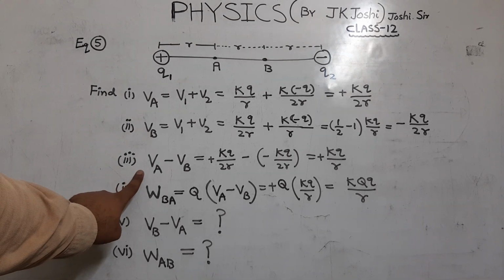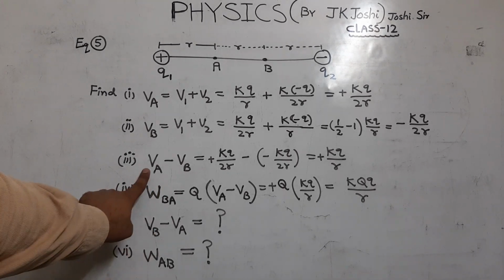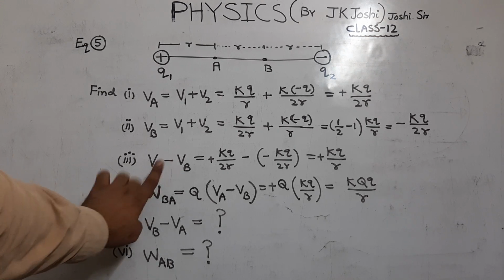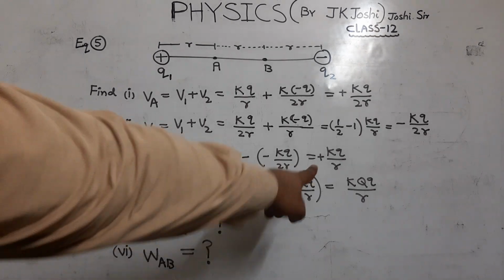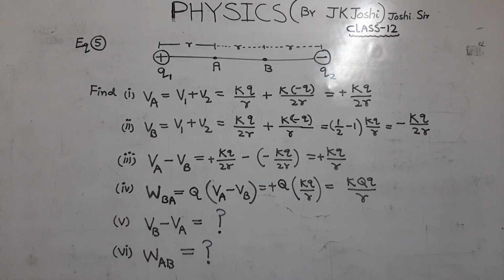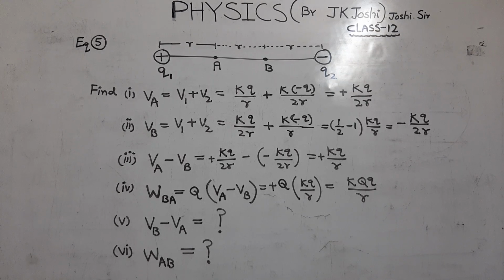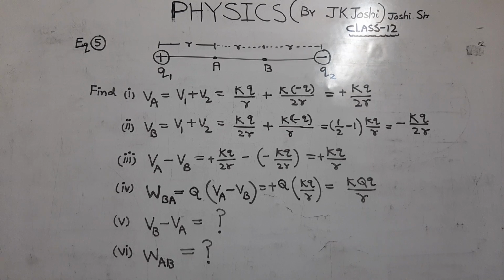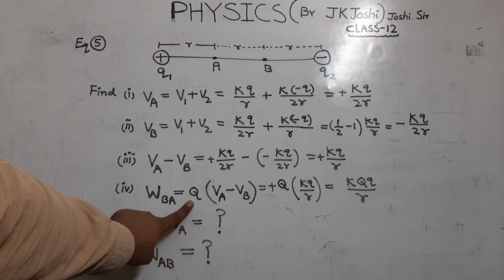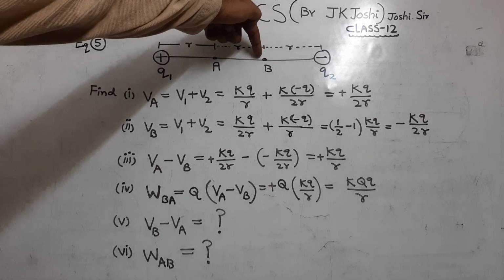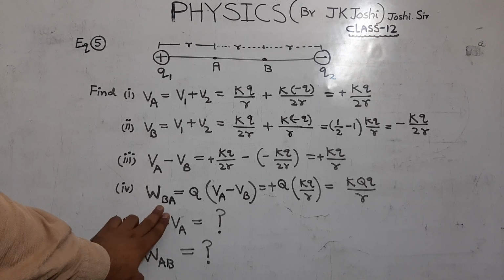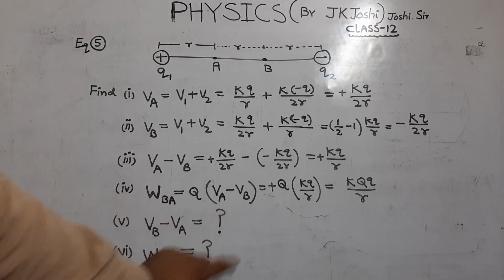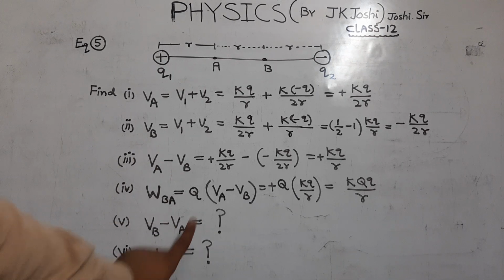Third point, potential difference VA minus VB. In this example, charge is moving from B to A, so we have to calculate the potential difference, that is A to B. We can put the value and get the correct answer. Now in case of work done, a charge capital Q is moved from point B to A. Then we have to calculate work done. Students, in case B to A, the potential difference is AB. That is already calculated. By putting this value, we get this answer.